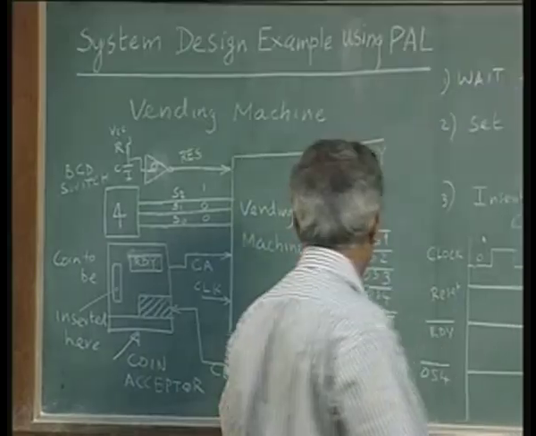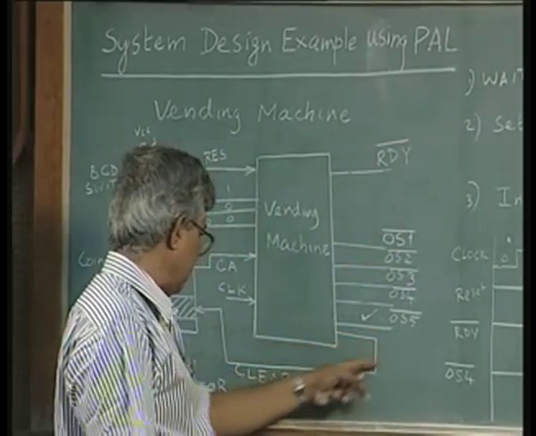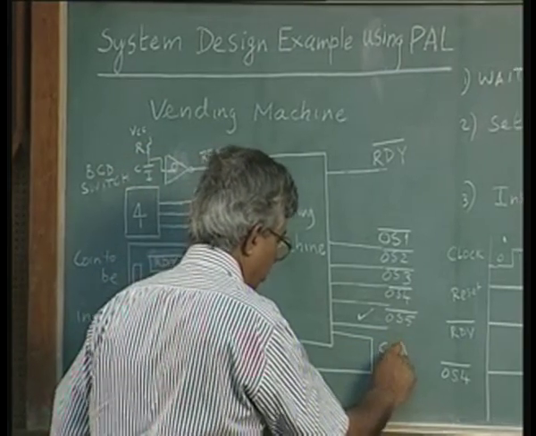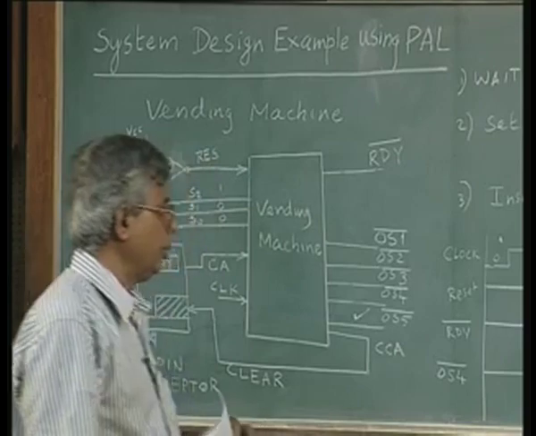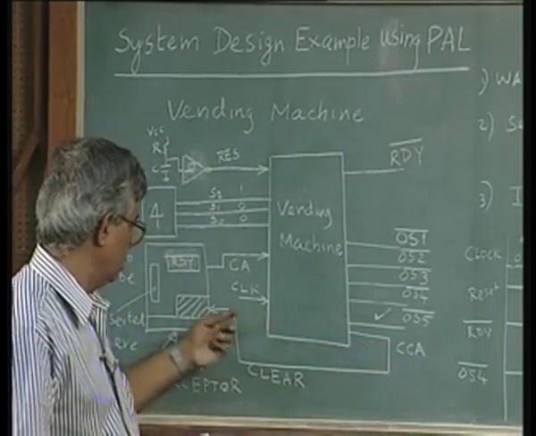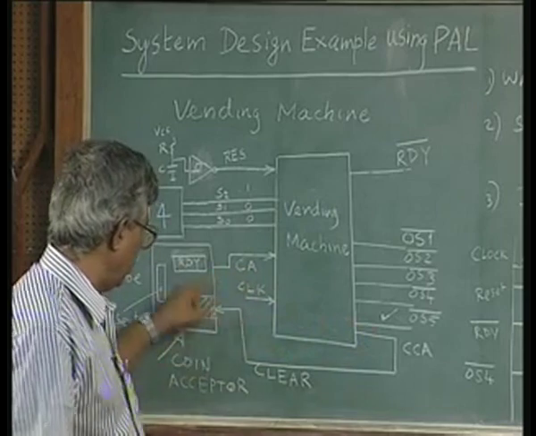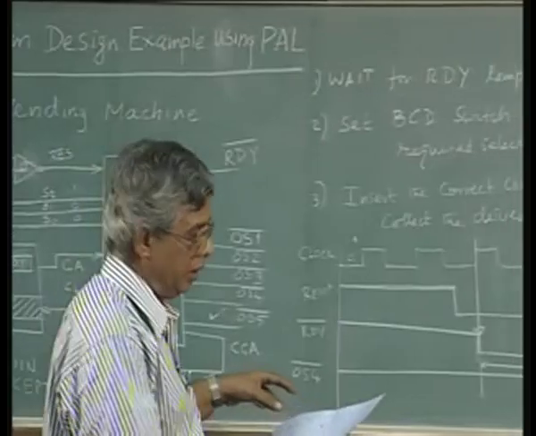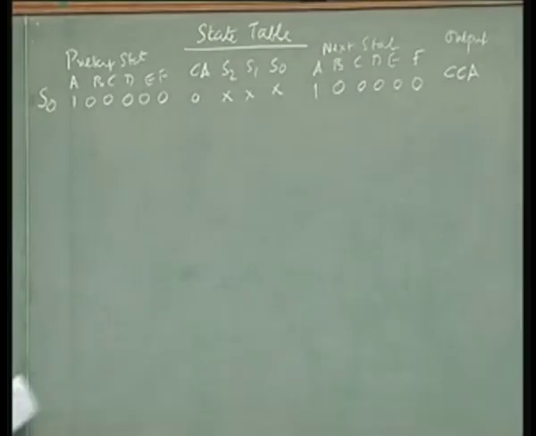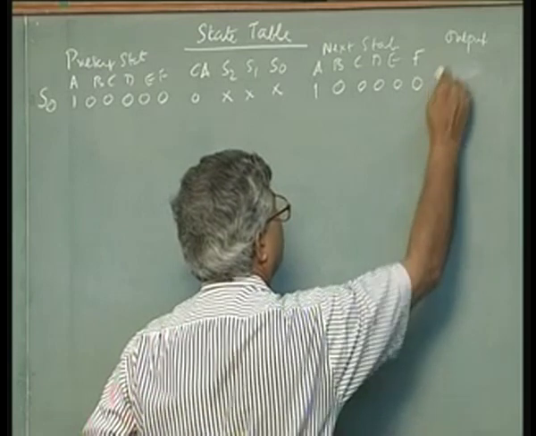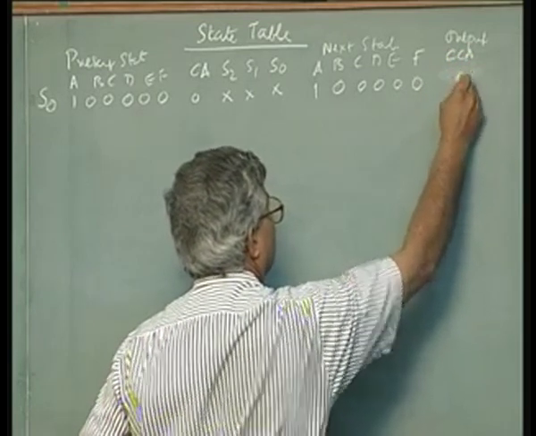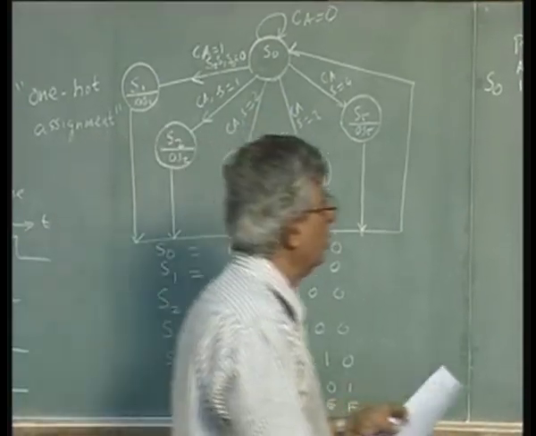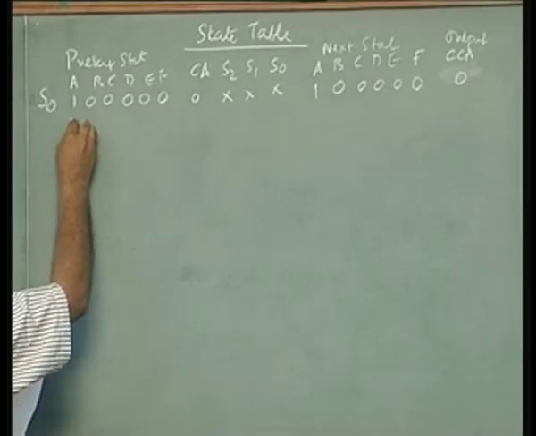That means this signal will clear, and as long as these signals are coming, this signal is also called CCA. That means coin will be accepted. This is clear and keep it ready, but this is also 0. Now CCA is 0. I am sorry, output CCA. No signal will come. We are still in this state. Ready signal is already there. Now you are in state S0,